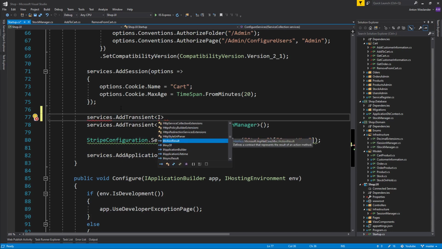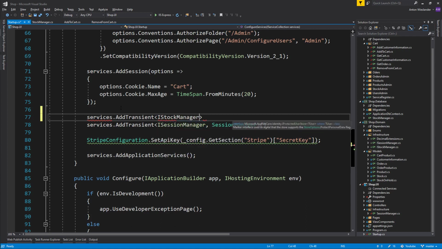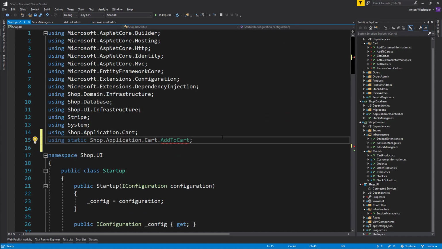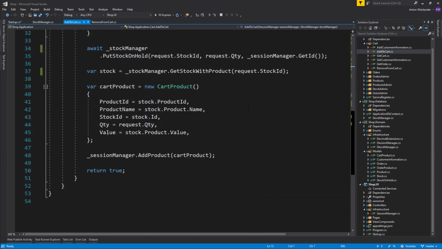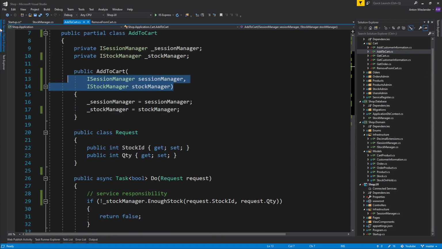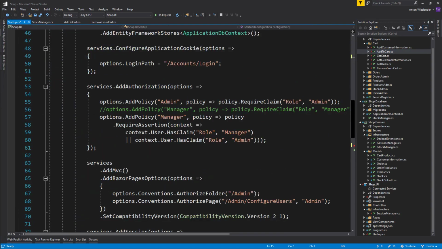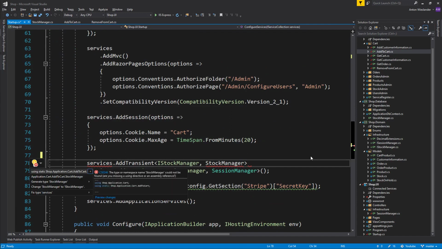What was it? Stock manager, and the stock manager implementation is what I want to have here, and it just imported it static. That's not what I want. And I think the class still remains here, does it? No. It must be some build artifacts that is causing the issue with this, but let's